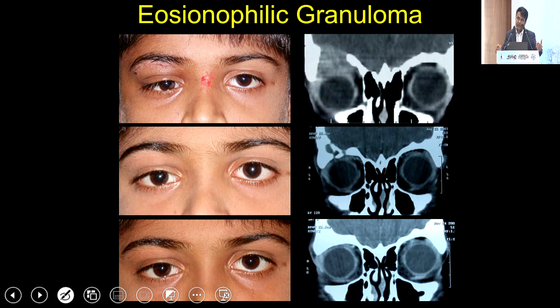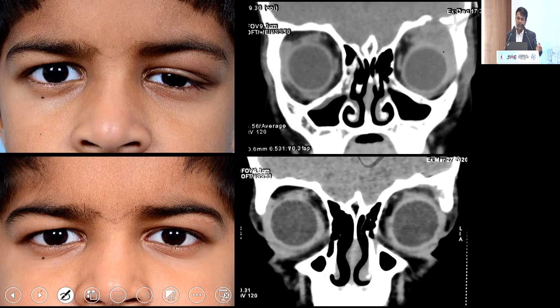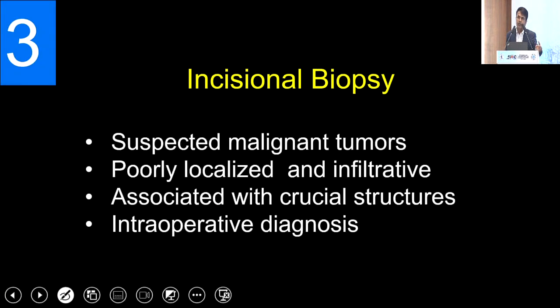Sometimes they need IHC, that's a different situation. But if they can actually confirm the diagnosis of eosinophilic granuloma, you go ahead and inject Triamcinolone right into the lesion under visualization, and within 3 months you see significant bone remodeling, and within 6 months the bone is completely remodeled without any need for major surgical intervention. So you have an advantage here by having an in-house ophthalmic oncopathologist who would be able to help you diagnose a lesion on the table, and this is exactly a similar situation. Now, incisional biopsy is something most of us don't take very seriously.